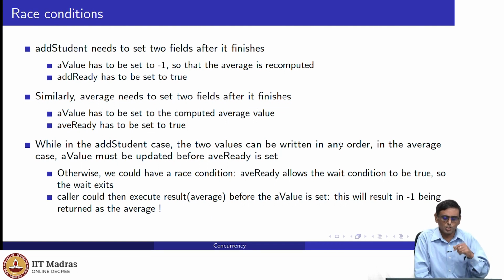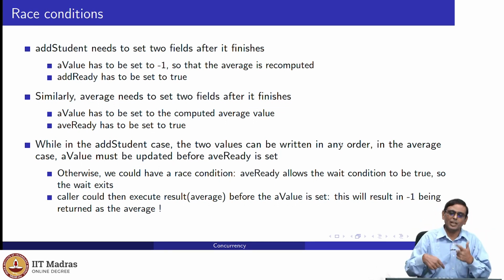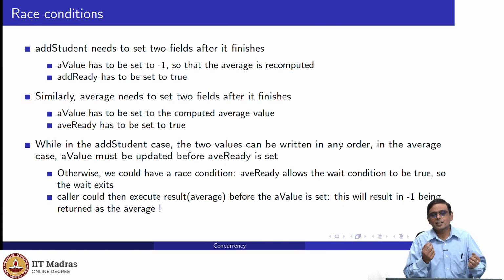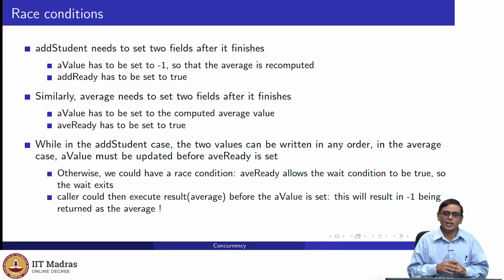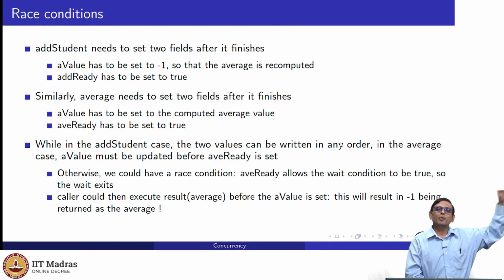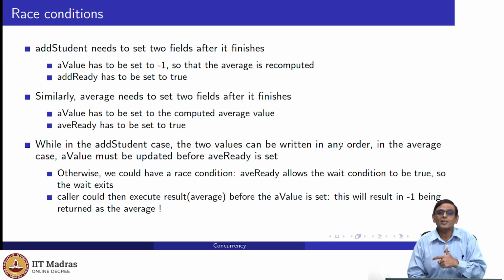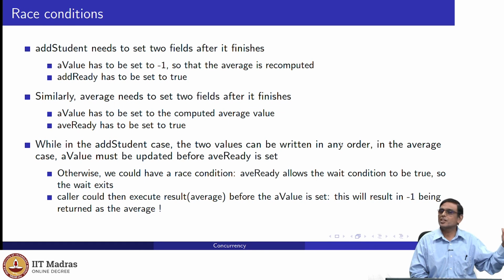And it may just so happen, of course, chances are very low because there are a lot of things happening from outside. This is happening inside. So between setting average ready to true and setting a value, only a few microseconds may pass. Actually, nothing may happen, but there is an odd chance. There is a possibility that there may be some delay between setting average ready and setting a value. In that delay, it may happen that ready is read by the caller. The caller thinks that average is ready and so calls for the result. And what will happen? This will return the result. What is the result? The result is a value. It will return -1. So it is possible that there is a race condition, very small chance, but there is a possibility, in which you ask for a result and actually get a nonsense result like -1.